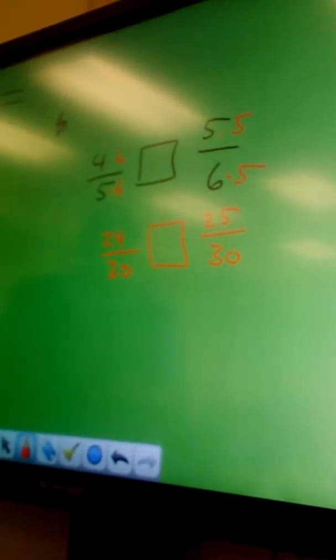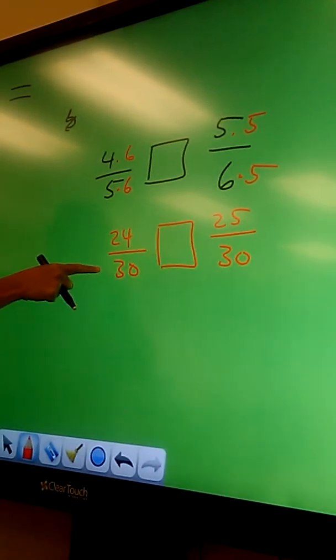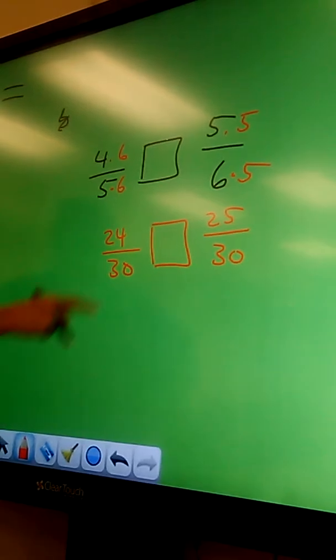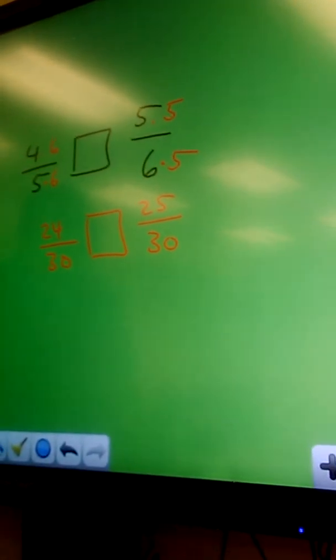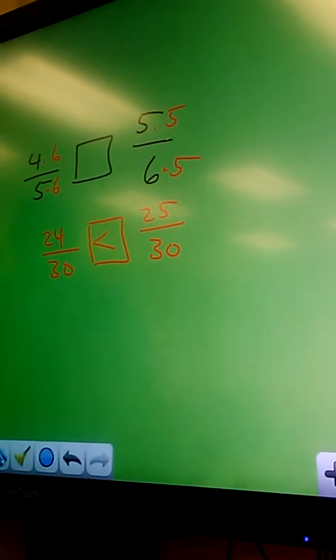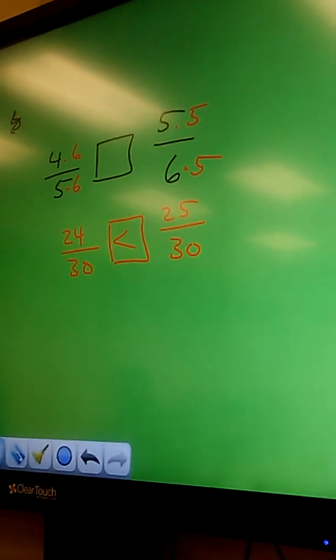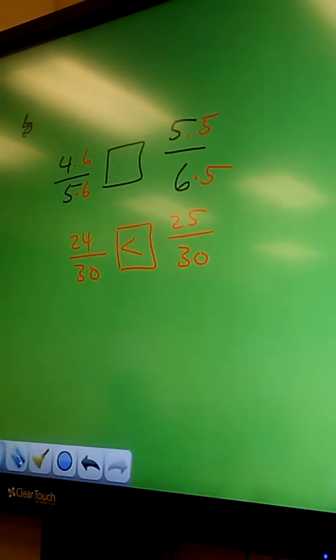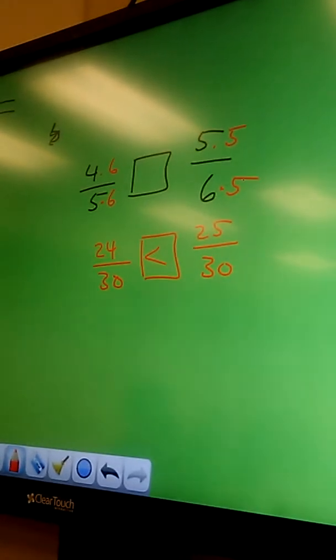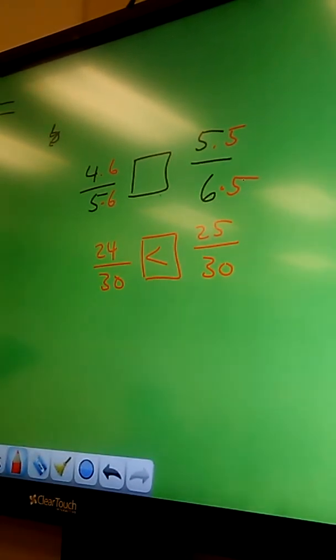So is it easy? Which one is 24 pieces out of 30, more than or less than 25 pieces out of 30? Do you see that? So when you are asked to compare two fractions, what do you do? Take the denominators. You find the common denominator and you